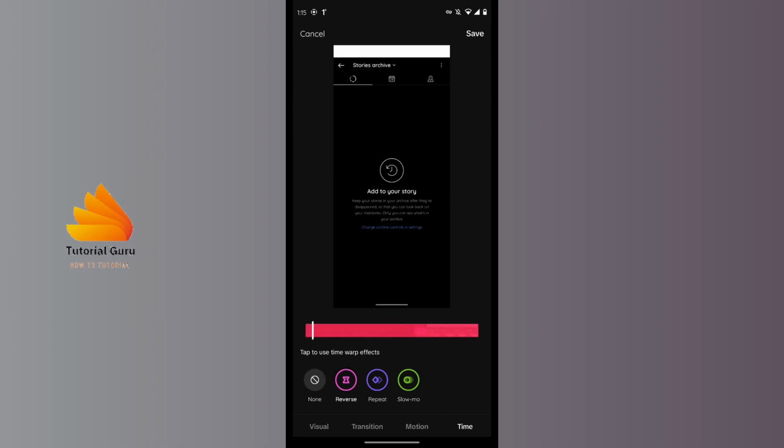And after tapping on reverse, here you can see my video is playing from reverse. So you can add a time lapse if you like, or you can reverse a specific part of that video